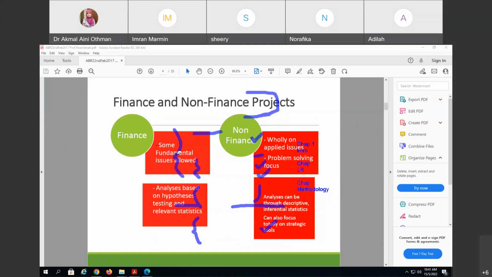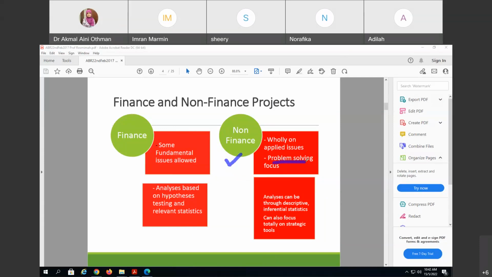Okay. Dekat sini, okay, dia kata it can be your areas of study tu, bila you cakap pasal business research, you have various areas kan. These include finance and non-finance. Okay, normally dalam finance area of study tu, it is more of fundamental lah. But most of the time, our student will involve in this area, non-finance. Okay, example, you look into the HR perspective, you look into the procurement punya issues, you look into the marketing punya issues, alright? And